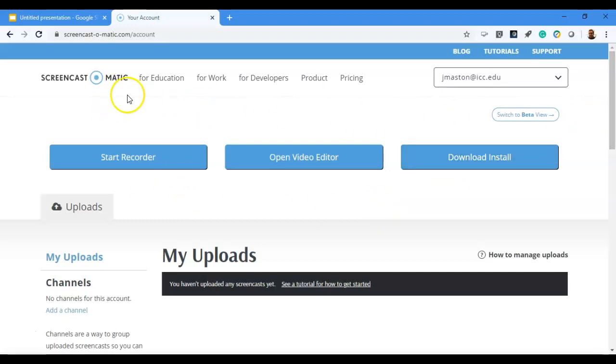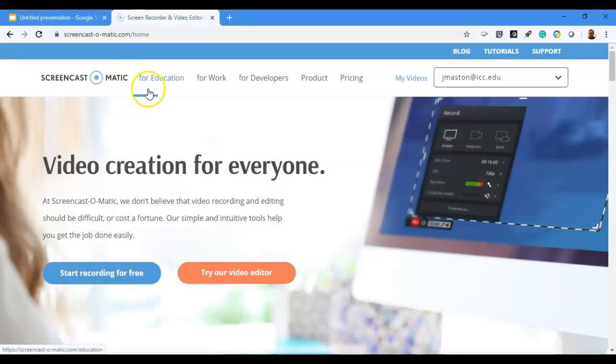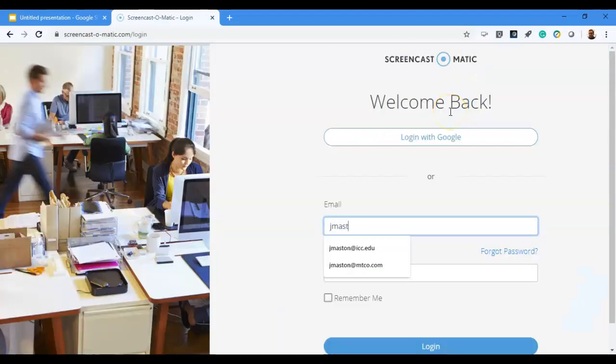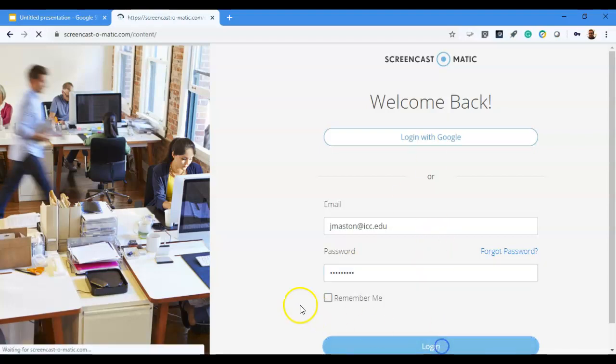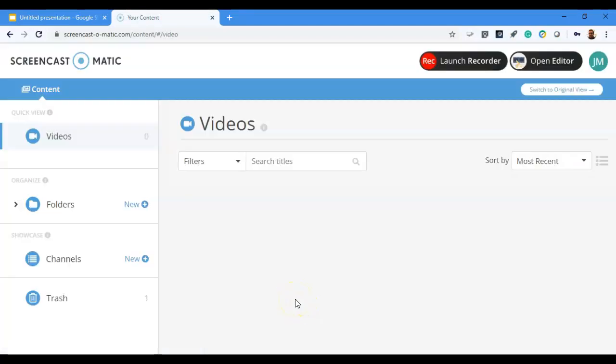So also, another thing you might see, if you're not logged in when you come back to the page and you click Login, fill in your username and the password that you set up during the registration process, then you might also see this screen, and this also, so the launch recorder or open editor, that will also be the paid version of the software if you click